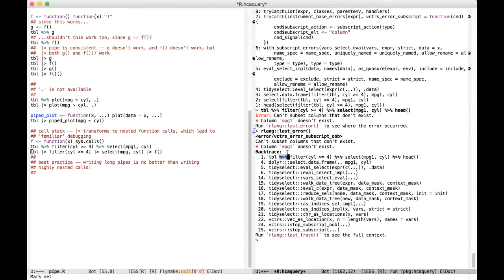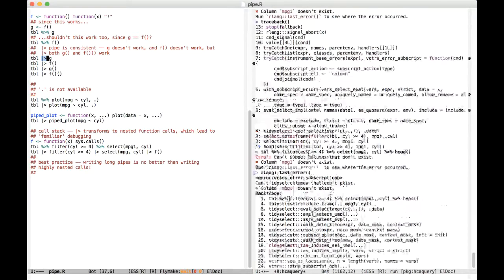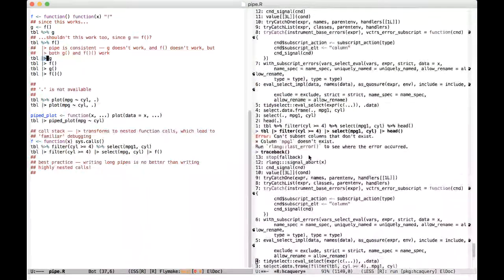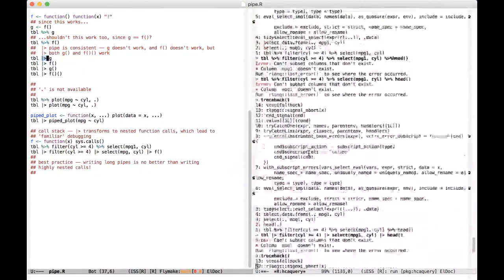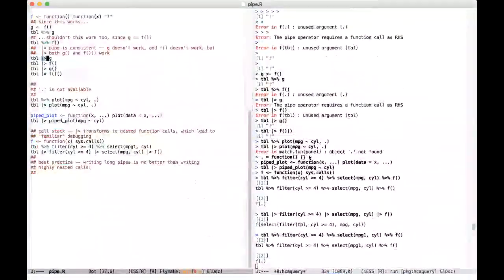You have a question in the chat too from Robert Costello about what about performance? Is there a difference due to the different approach to parsing the pipes? Yeah, probably, but it's probably minimal. The base R pipe is implemented as part of the R syntax, so it's like a parser. So really, what happens is before anything is evaluated, let's go back up here and see